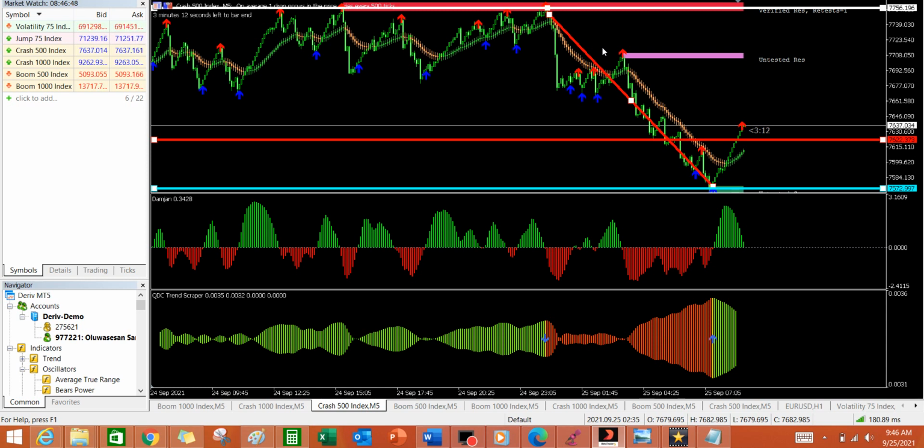You guys will be wondering, I've used this to explain the spikes, can we lock up the normal trend? Of course, guys, this is Crash 500, and for you to do this, let me tell you this is best done when you are on 15-minute time frame or 30-minute time frame. That is what I'm about to explain to you: using your stop loss to lock out some profit for yourself when you are trading the normal trend. But you can also use it on 5-minute time frame.